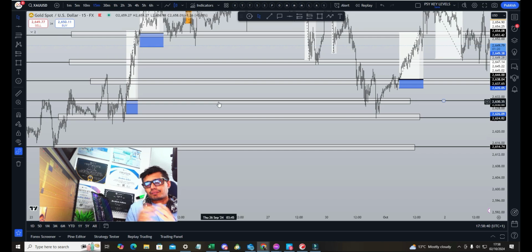So what is an edge? An edge is basically what gives you an advantage over the market, or keeps you ahead of the game, right? So even if you take losses, in the long run you are the winner. That is basically how I define an edge. Even if it might look like I'm losing small little battles here and there, overall I'm always winning the war. Now, what could yours be? What gives you an edge over the market?